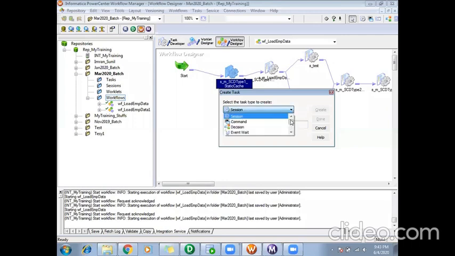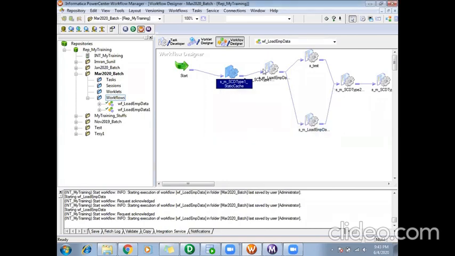So these are the different tasks we have in Informatica Workflow Manager: session, command, decision, event wait, event raise, email, timer, assignment, worklet, control. So we'll see all these tasks, when we can use them, and what the importance of each is. So we'll start with a very simple one, that is